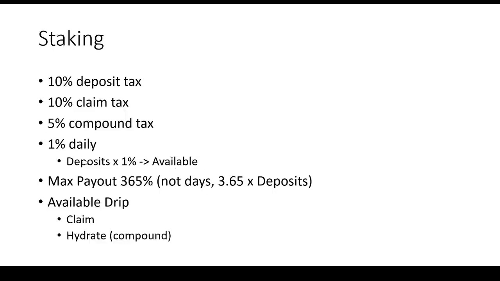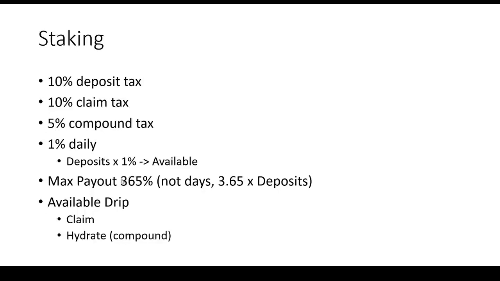But keep in mind, and I can't remember if I mentioned this previously or not, whatever you deposit is burnt. I think I'm actually going to cover that in a moment, but it bears repeating. Whatever you deposit into the Faucet contract, those tokens are burned. They cannot be withdrawn. They cease to exist. They are burned. They are gone. But why would you want to do that, you say? Well, because you're going to be paid a 1% dividend on those deposits every day, up to a maximum of